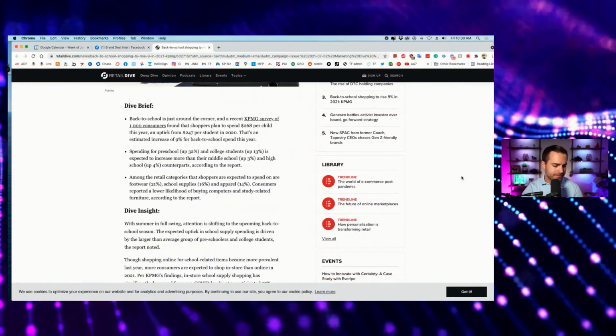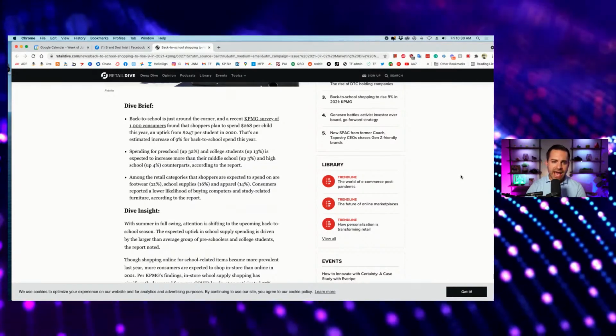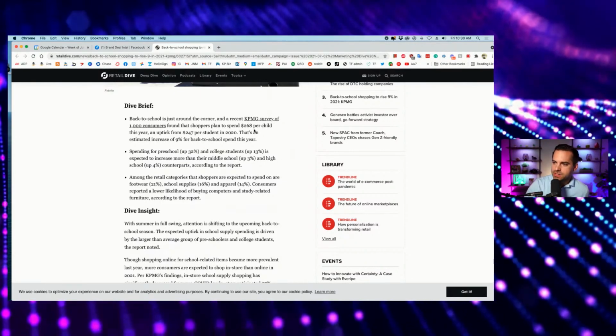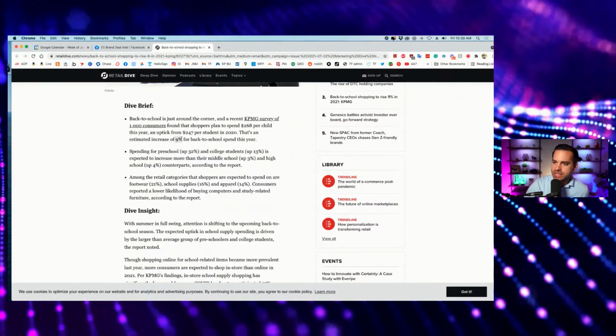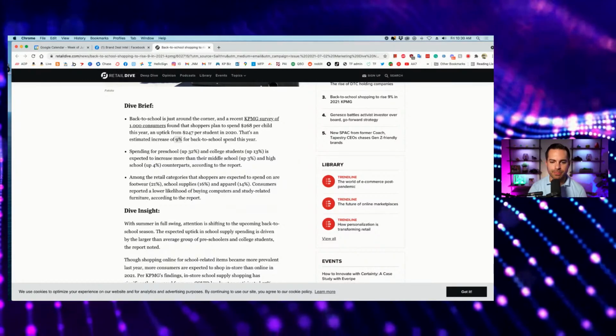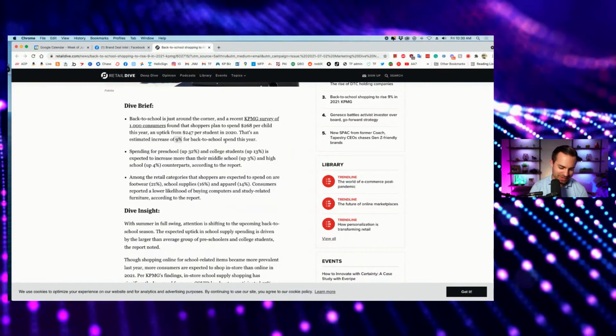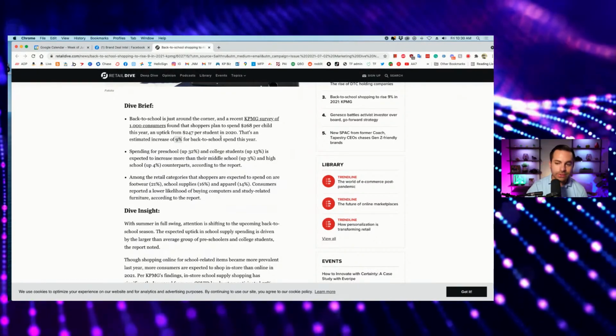This is pretty awesome, right? You can use data like this when you reach out, and you can take some stats in here, right? And you'd be like, spending is going to increase 9% for back to school. If there's a brand that's on the fence and they don't know whether they're going to partner with creators this year, you can absolutely